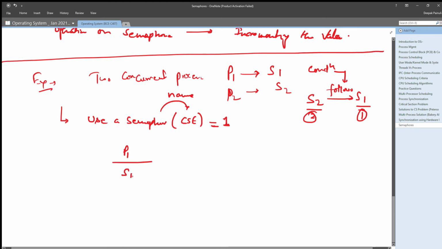In the code of P1, we will execute statement 1 of P1, and after that we will simply signal our semaphore CSE, right?